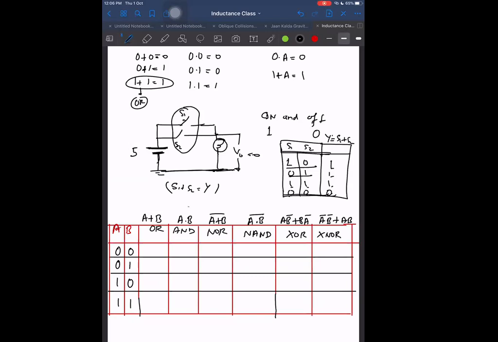Okay. How can it act like an AND gate? It can act like an AND gate if I take two switches, but this time I connect them in series. S1 and S2. Now you tell me, when will I get the high output? Let us make the truth table once again. I think you can see clearly that when both are closed, then only we get output as high. But if any one of them is 0, if any one of them is open, then output is 0. And that happens for which case? That happens for an AND gate. So when S1 and S2 are in series, it is acting like an AND gate.